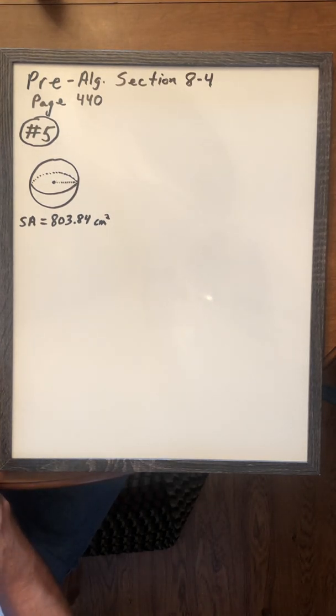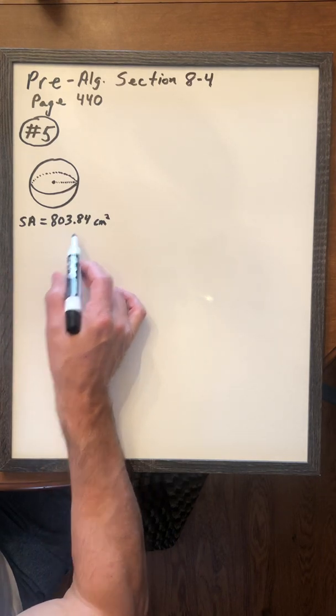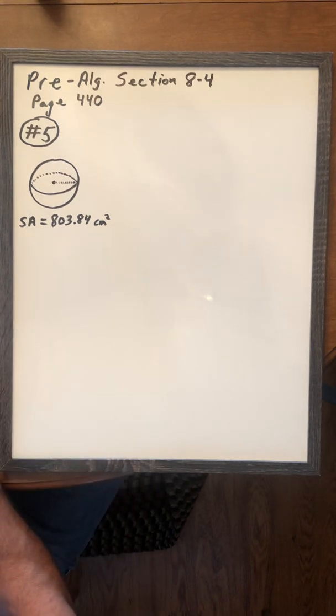Okay, this example is for section 8-4, which is page 440. It is number 5. It is a problem that is on your homework. So we're going to do this example, and it asks, given the surface area, which I've got written here, the surface area equals 803.84 centimeters squared, what is the volume of the sphere? So here we have a ball, which is a sphere, and it says use 3.14 for pi,